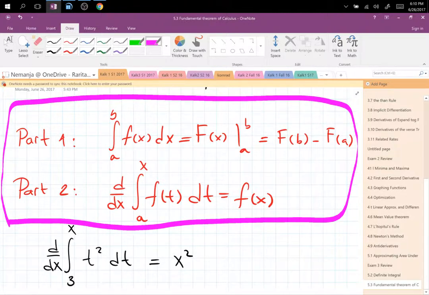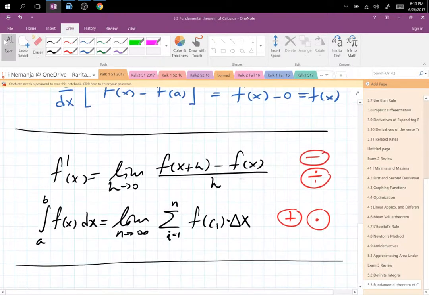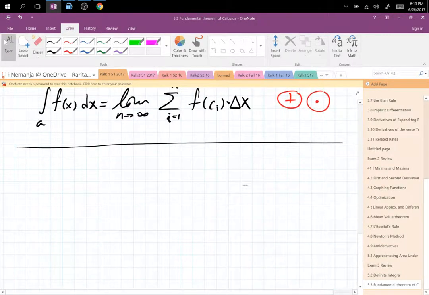So if you have the derivative of the integral... Now, you are going to see spin-offs of this later in Calc 2. Right now, we show that the derivative of the integral is giving you the function back. And we also see that when you use the first part of the theorem,